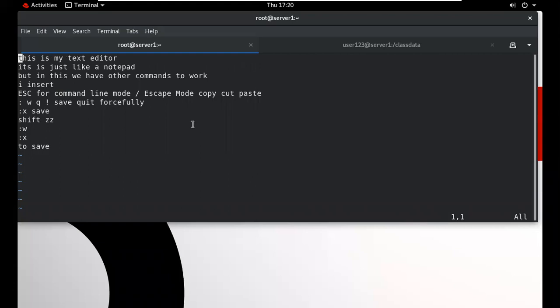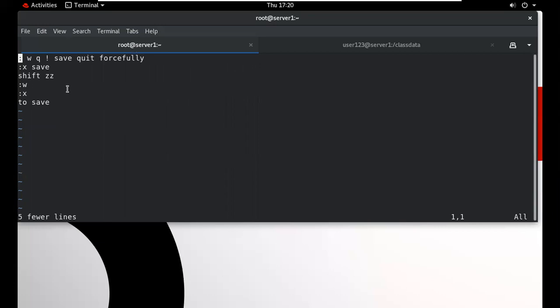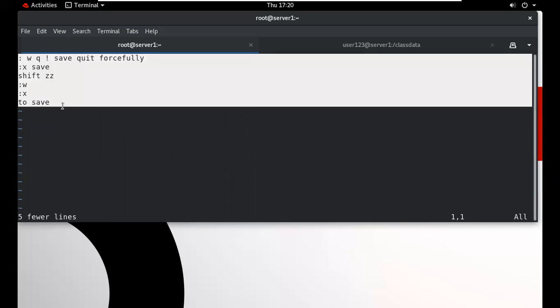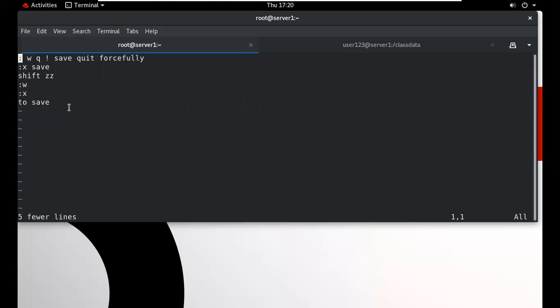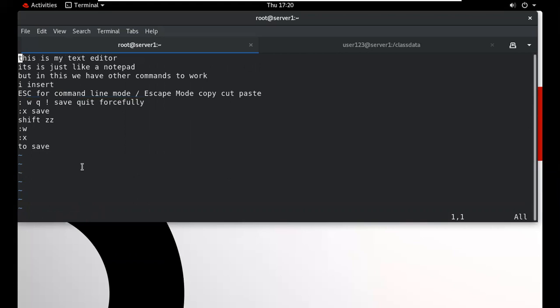When we type a number, the number of lines we want to delete, suppose we type 5 and then dd, these 5 lines will be deleted. If we want to revert these lines, we can use the undo option, so we type u. U is used to undo any work, u for undo. And if we want to revert this undo, we can use ctrl plus r to redo.